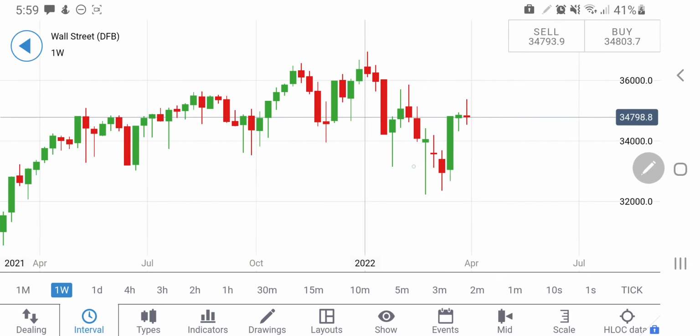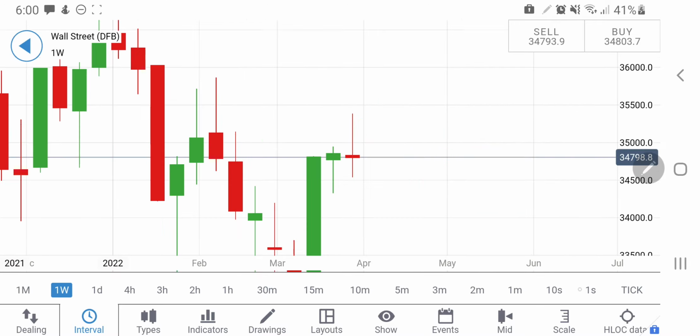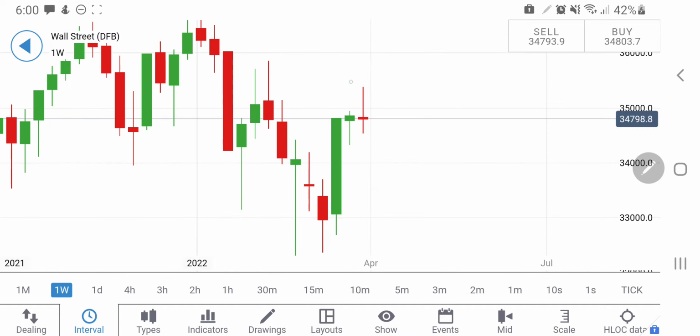But now let's come back to the weekly analysis. On the weekly charts, first let's look at the near-term charts, and it is trying to trade within this channel for the week. For next week also, if you see it dropping below 34,600, one can expect that possibly we may see a sharper red candle. So once you see higher lows and lower highs and a breakout in this channel, it may try to indicate that it is going to hit the bottom of this channel, which is now at around